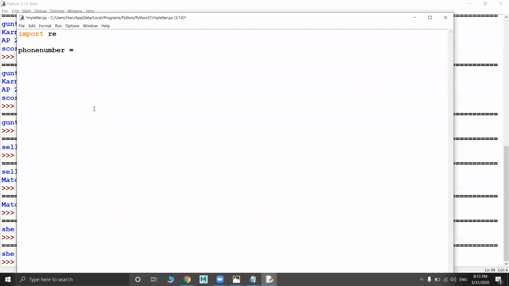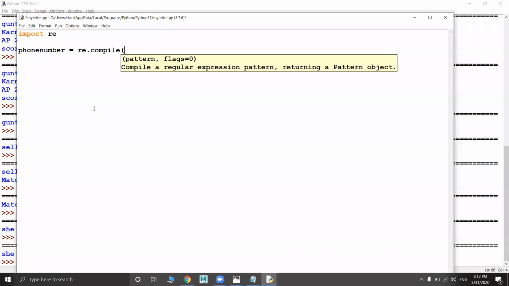I created a variable. Then I'm going to give the re.compile function. In the compile function, again I want to give R because it is a raw string. Generally we write phone numbers with digits, so for every digit you write backslash d.